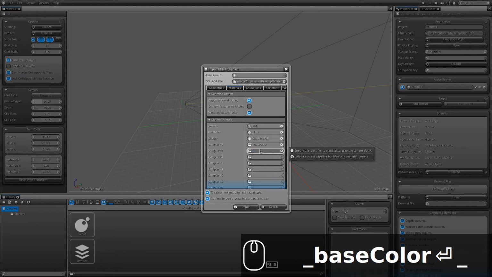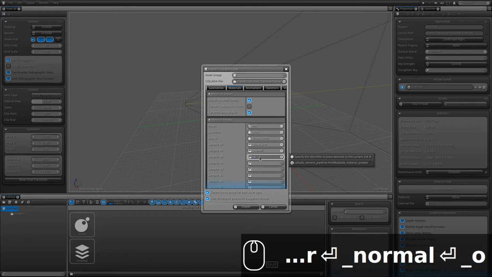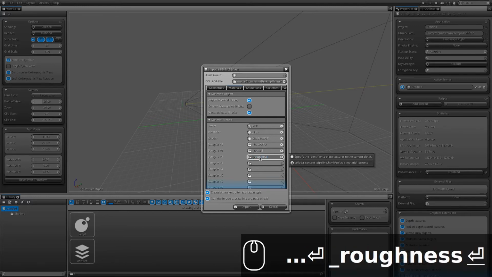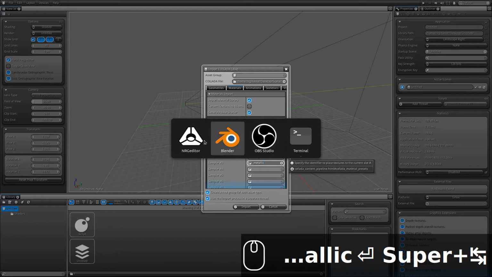I'm going to search for roughness, normal map on the second one. Normally that's what I do. Third one, let's say that we're going to put the roughness, and the last one underscore metallic. If I have a look at my